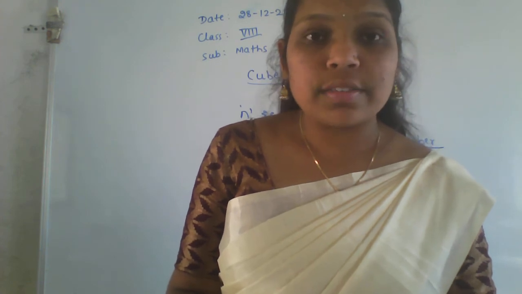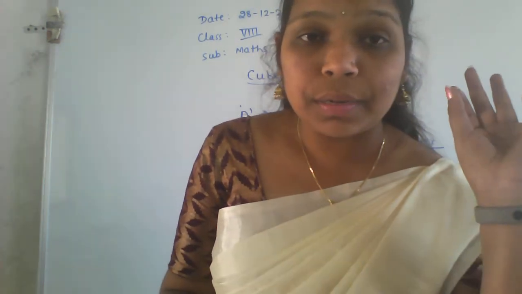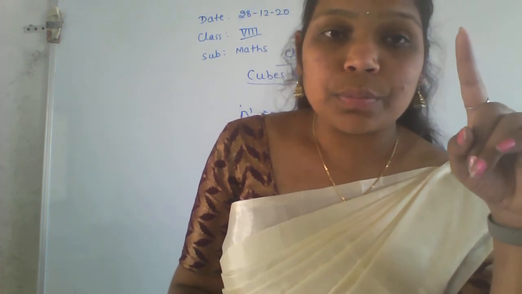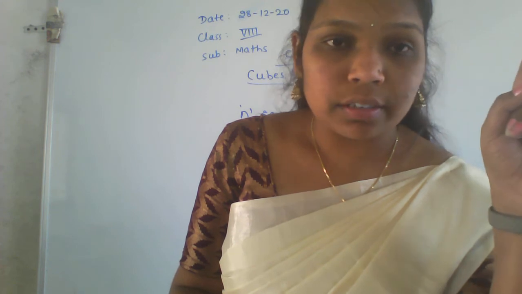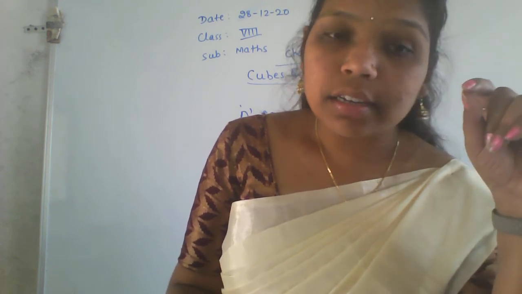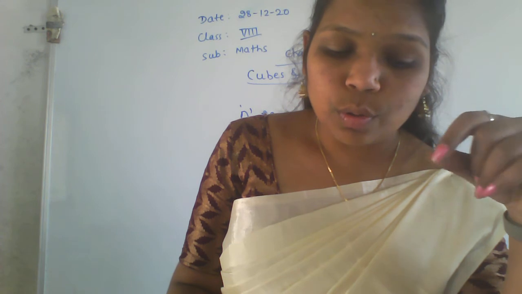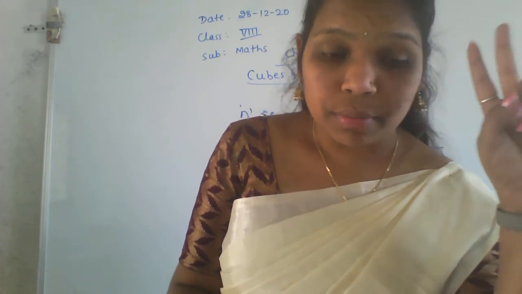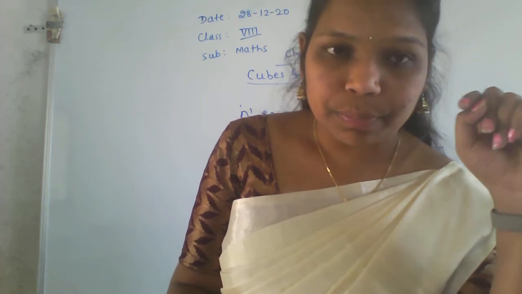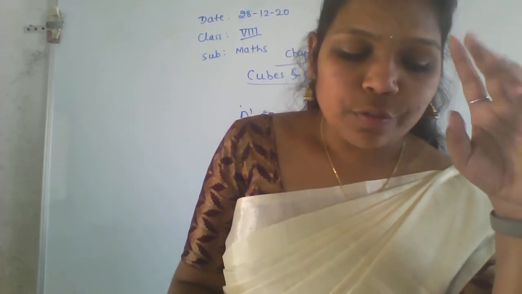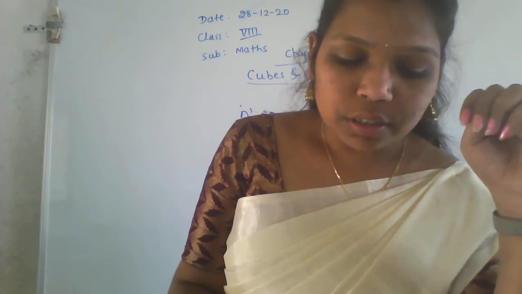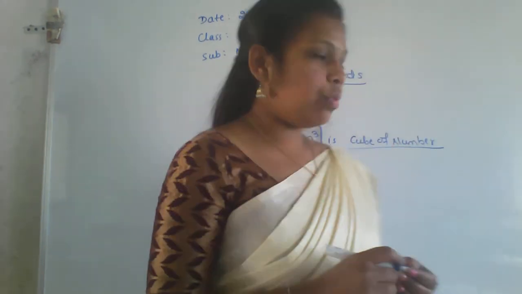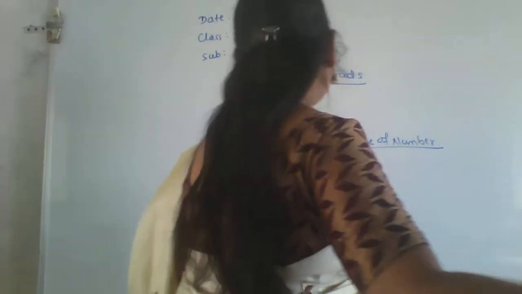A plus b whole cube is nothing but a cube plus b cube plus 3ab in the bracket a plus b. That is the algebraic identity. You already know that one, right? So using that identity, we are going to find the cube of the two-digit number here. How to do that one? The first step, observe the first step. Make 4 columns. Write a cube, 3a square b, 3ab square and b cube. Okay. So I told the formula is like this.